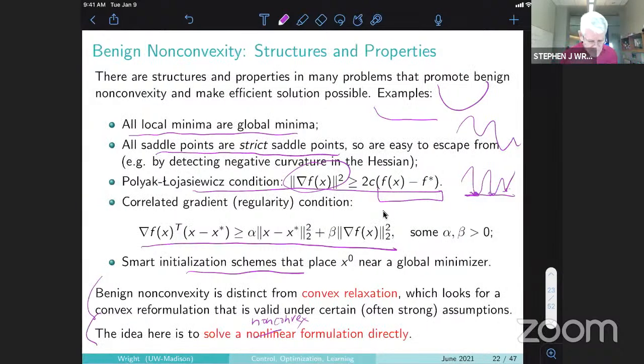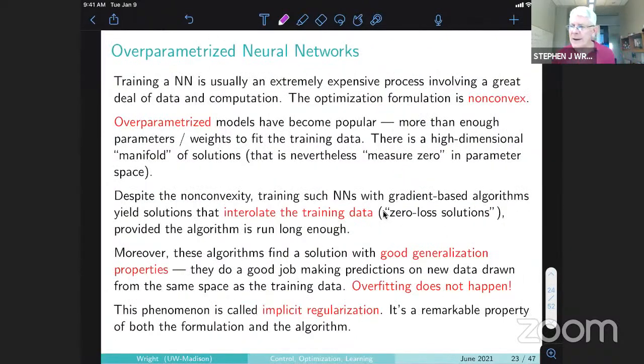Thanks. Okay, I want to say a little bit, I guess I've got about 15 minutes left, about over-parametrized neural nets. So I told you that this is a very hot topic. Understanding why neural nets are, first of all, so effective in certain applications, but also understanding why the problem of training them, while it's non-convex, actually turns out to not be a very difficult non-convex problem. It still takes a long, long time to train, but if you run it long enough,